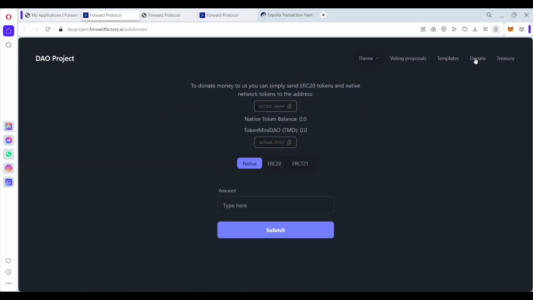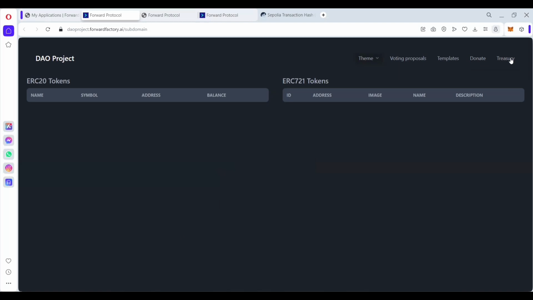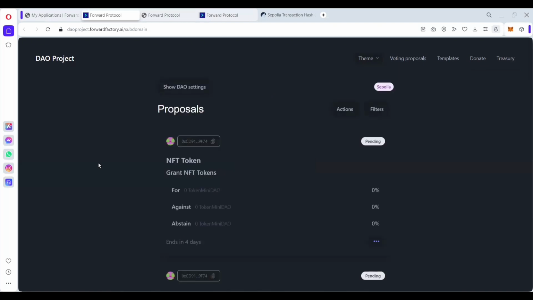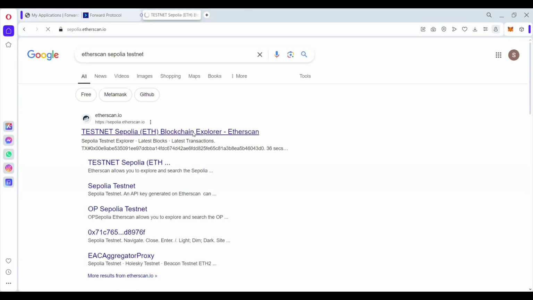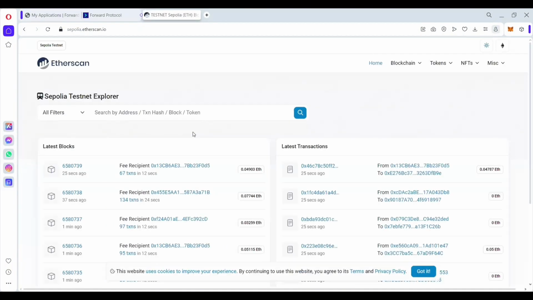So you can also view other pages. We have the donate page. You can also view the treasury page, which will contain all your important information. So now that we are done demonstrating this application, now we want to verify that this application did go through. So we use that through Etherscan. We can search through Etherscan on your browser, and then once you're in Etherscan, we can then go ahead and search our